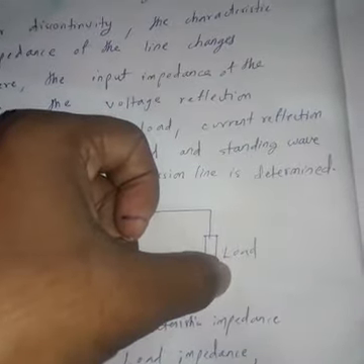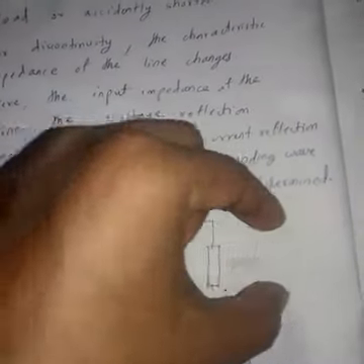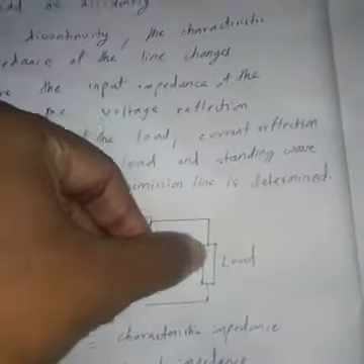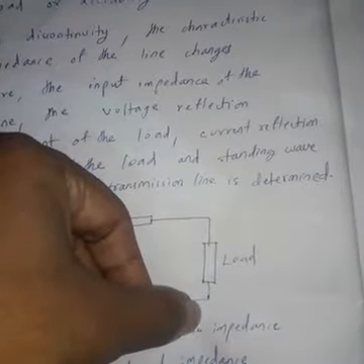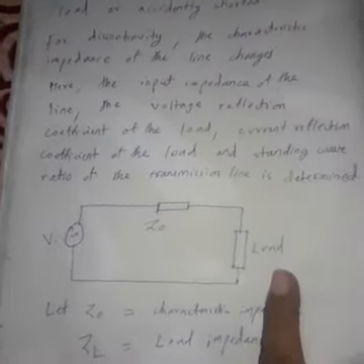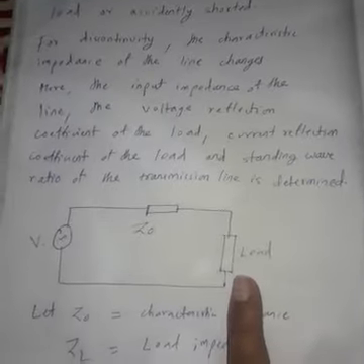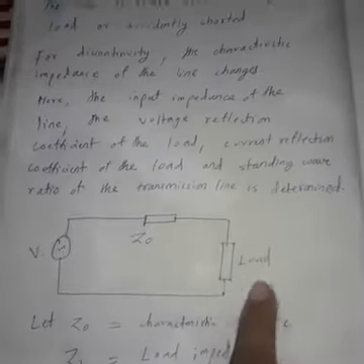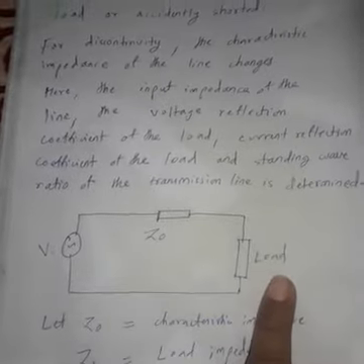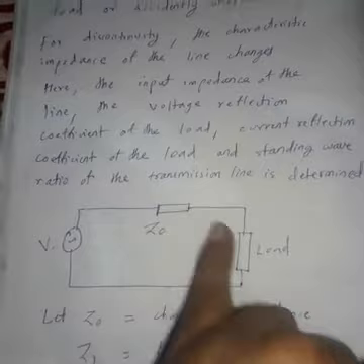Okay, like this. So this is the discontinuity that is created. So here what you have to do, this discontinuity will change the characteristic impedance. Okay, because the load will have some impedance, there is the characteristic impedance, so there will be interaction of the two impedances.